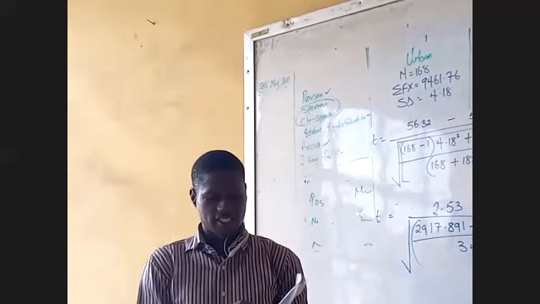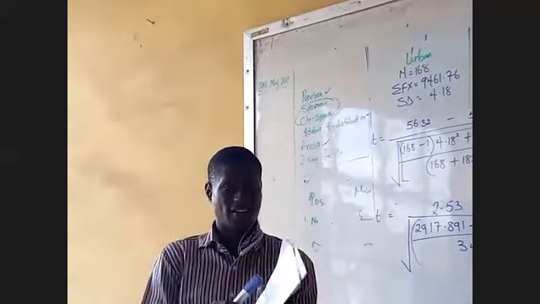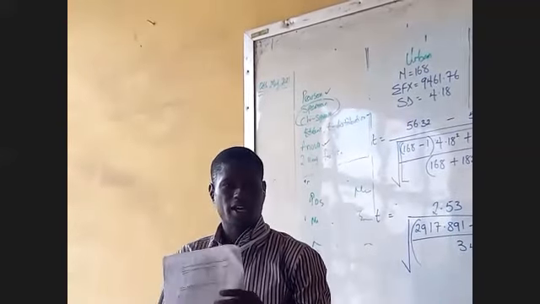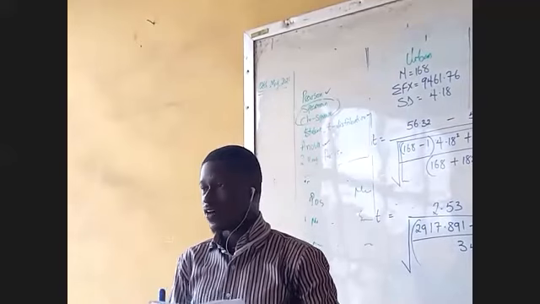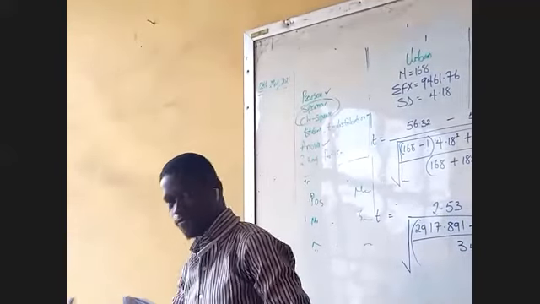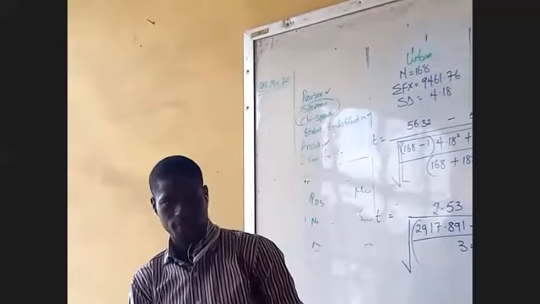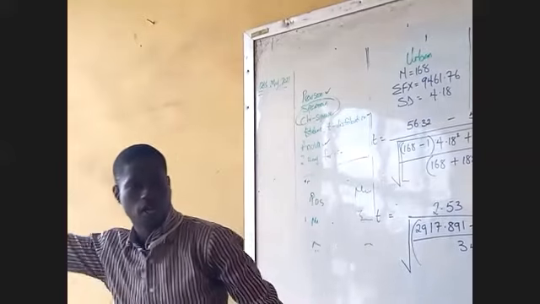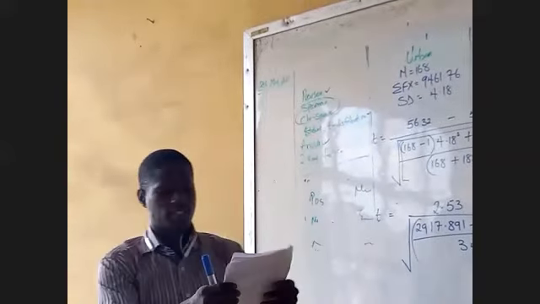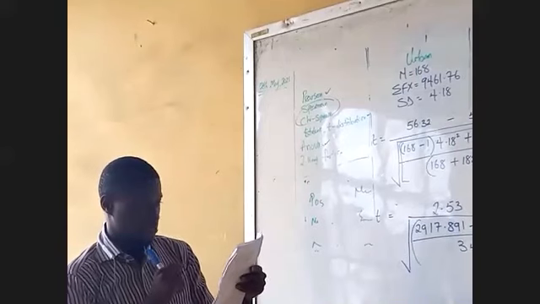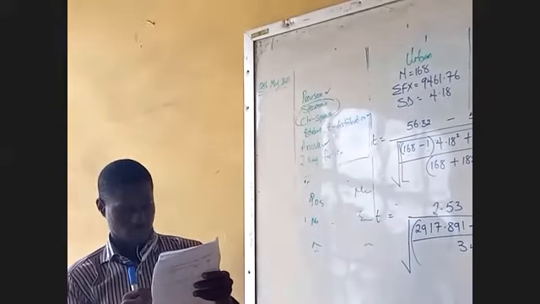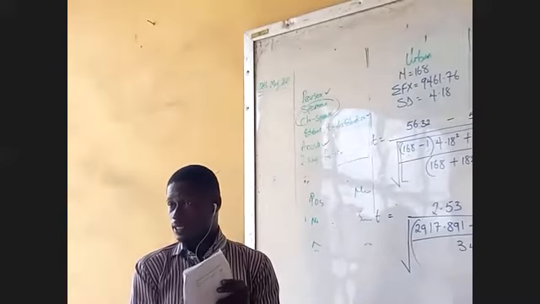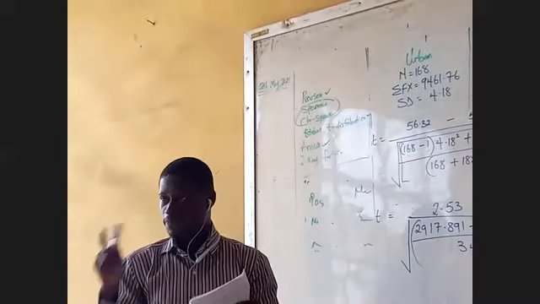You are going to create class intervals for it. Remember what I told you that time? The number of class intervals must always be from 5 to 10. If it is lesser than 5, you have to reduce the width of the class until it is more than 5. So for instance, the smallest number here is 20. If the smallest here is 20, and I say I want to use 20 to 30,